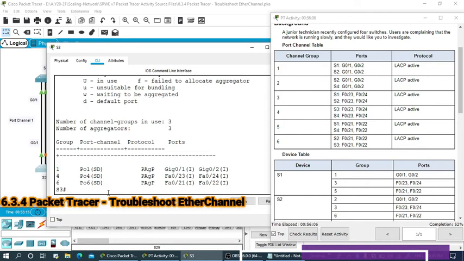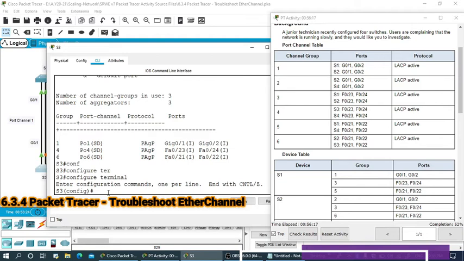So what we need to do is change the protocol. How can we do it? We will go to configure terminal, and interface range, because first I will start from gigabit 0/1 and 0/2.